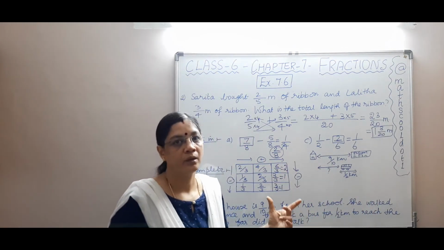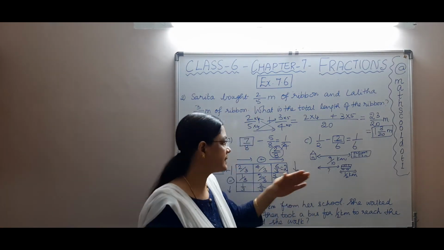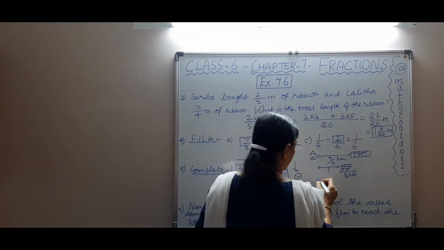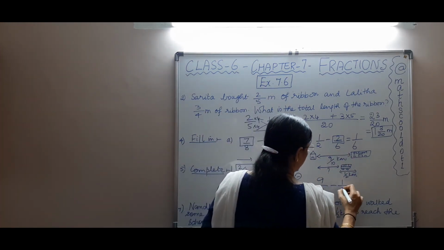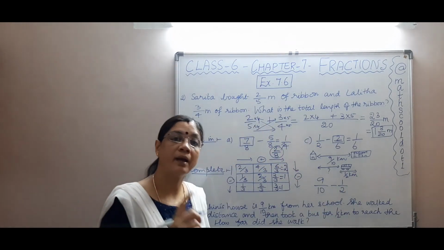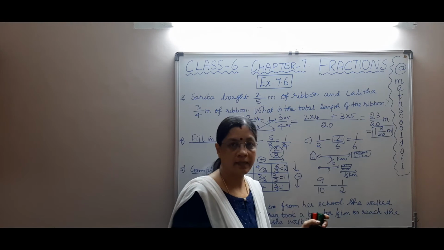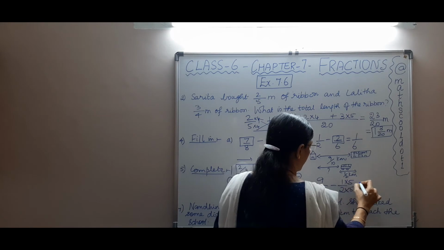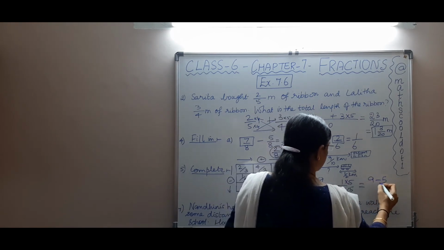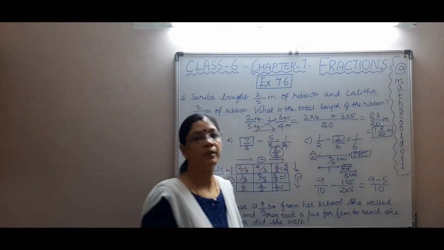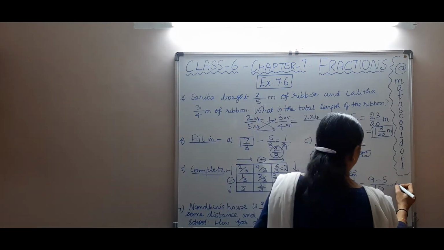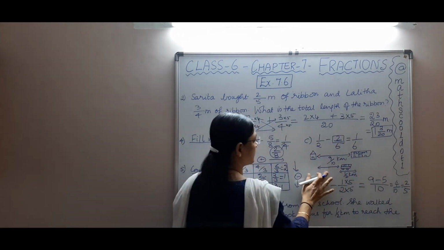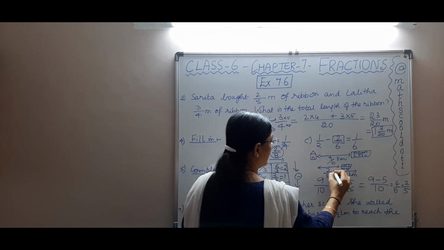So what we need to do is subtract, because this is the total distance. The bigger quantity is given. So I need to subtract 9 by 10 minus 1 by 2. So 1 by 2 subtracted from 9 by 10. Obviously 10 is the LCM, because we can write 2 in terms of 10. So 2 into 5 is 10, 1 into 5 is 5, which gives 9 minus 5 divided by 10. So this will give you 4 by 10. If I reduce it, it becomes 2 by 5. So this distance becomes 2 by 5 kilometers.